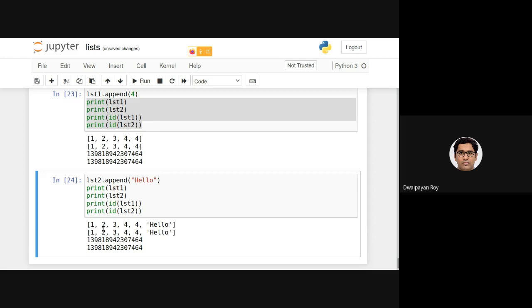Using both references, we can change this list, and any change happening in the list will be reflected by both the references. The actual reason is that they are in the same identifier location.